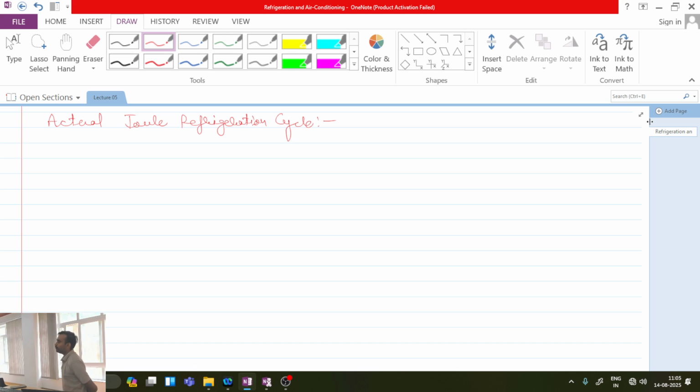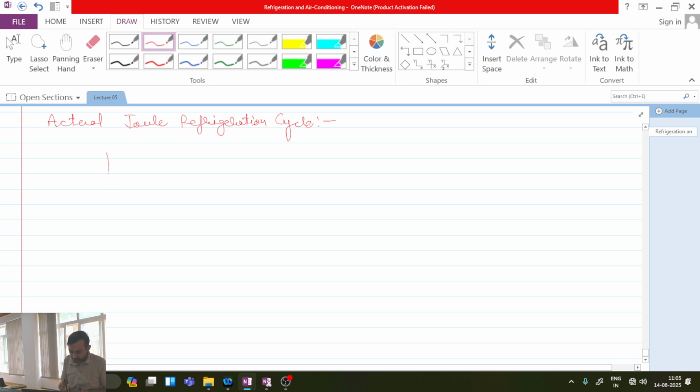Moreover, because of other issues, for example, the fluid flowing across the blades of the turbine, because of the finite viscosity of the fluid, there will be relative motion between the different layers of the fluid and the blade of the turbine. Okay, so that will also cause some amount of irreversibility,